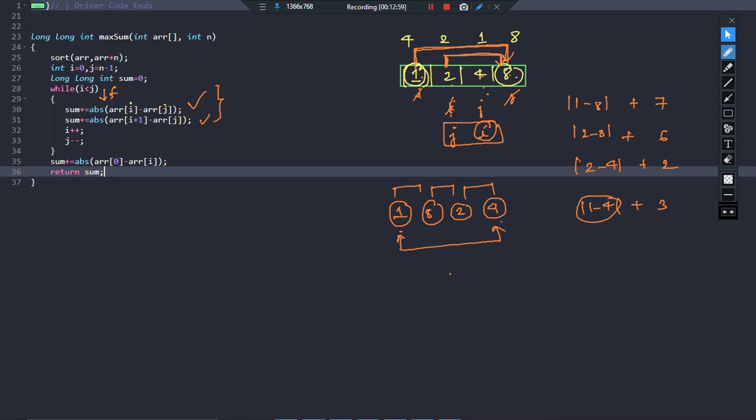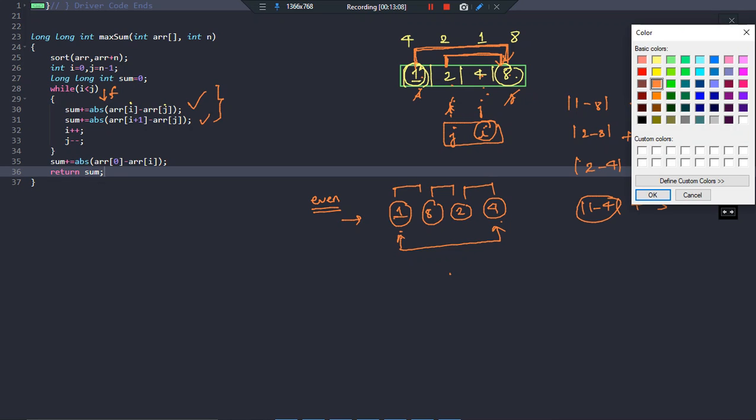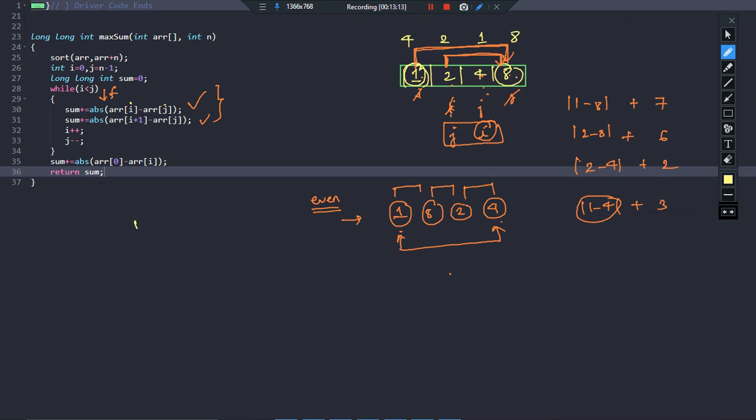Now this was all about the even case, when you have an even number of elements. You will find that even if you have an odd number of elements, it will still be applicable. How? Let me show you. Suppose I have 1, 2, 3, 4 and 8 after sorting. What will be the expected arrangement? Smallest value, largest value, second smallest value, second largest value, and finally you will have 3 here, right?